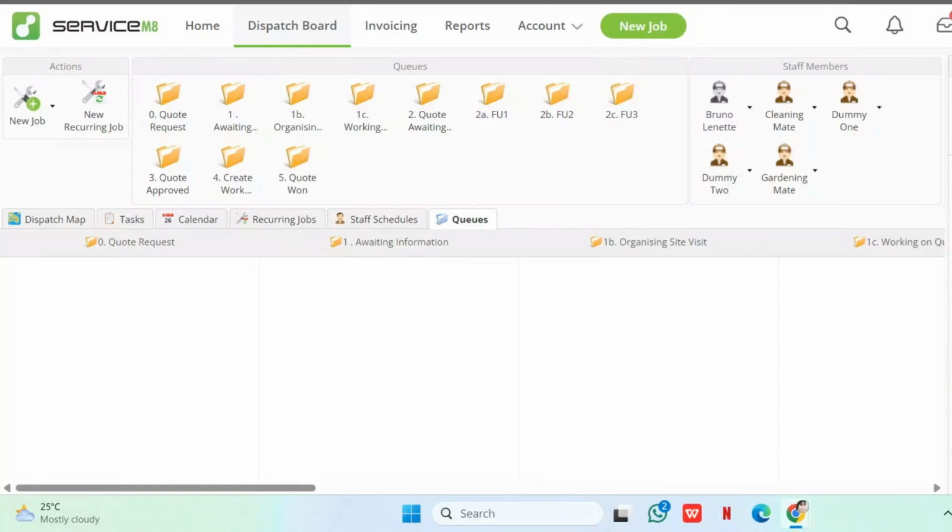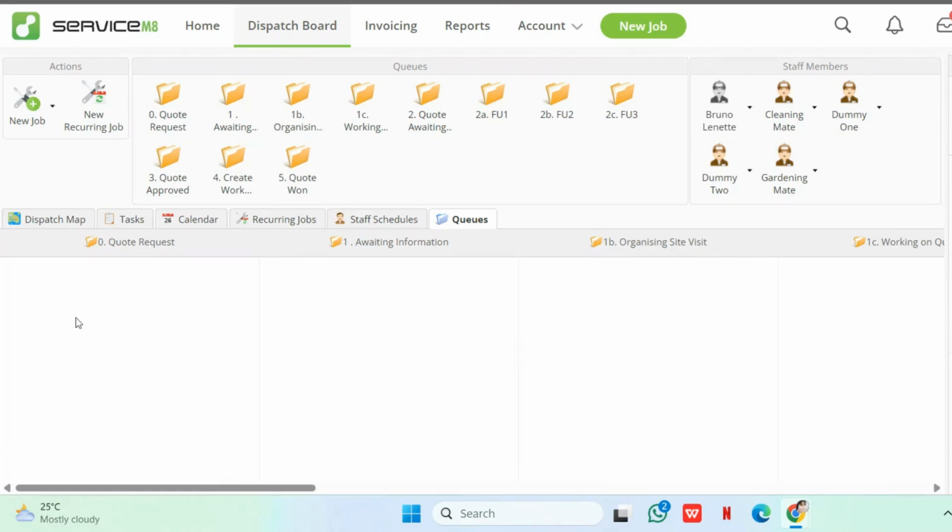By default, ServiceMate sorts your queues alphabetically. While this is helpful for searching, you may want your most critical folders, like Action Required or Pending Approval, to stay at the very top, regardless of their name. Many businesses use queues as a workflow pipeline. If you rely solely on alphabetical sorting, your workflow phases can end up out of order.